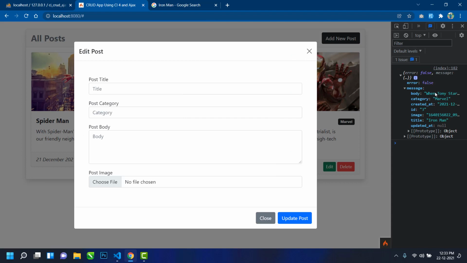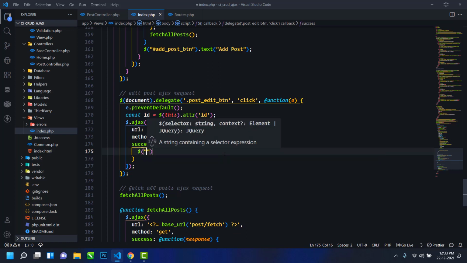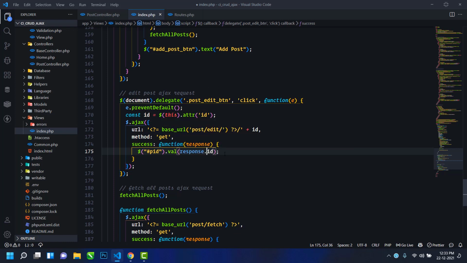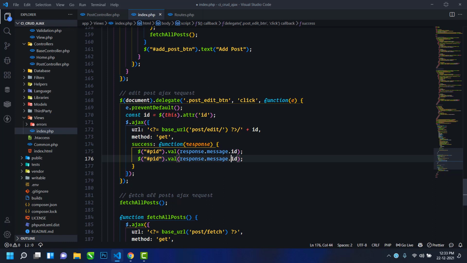So now we will populate this data in these fields. How to populate? In the success function, first I will select the eid, and here I will use response.message.id. Similarly I will use old image, and here I will write image.